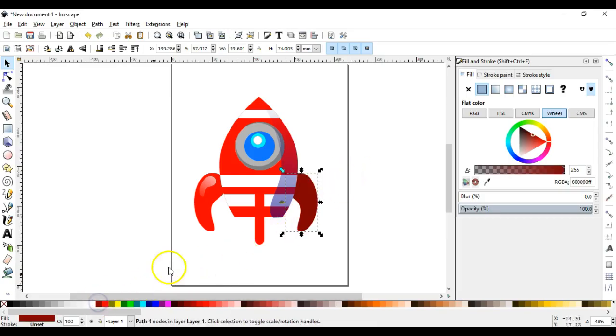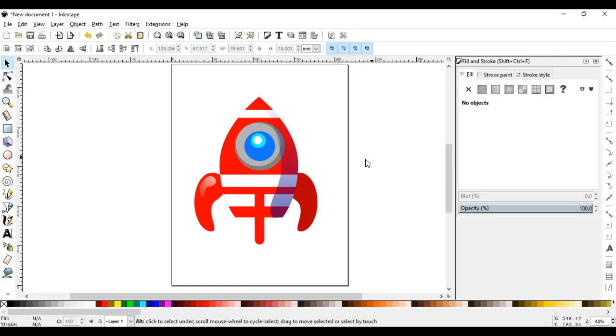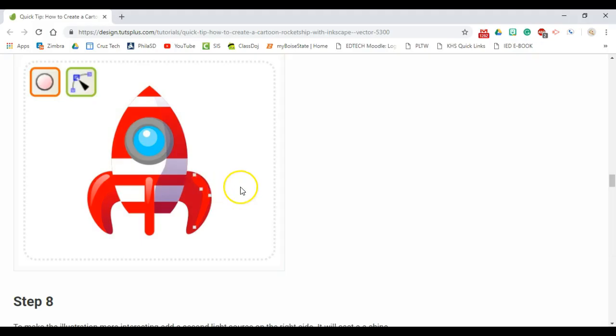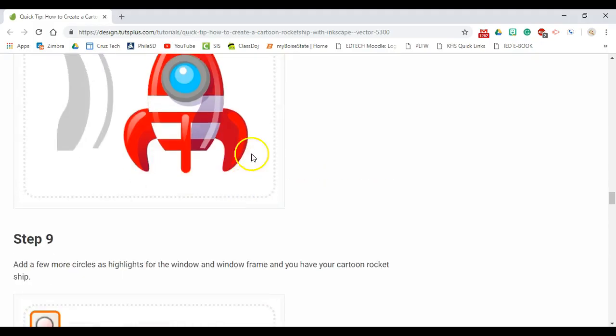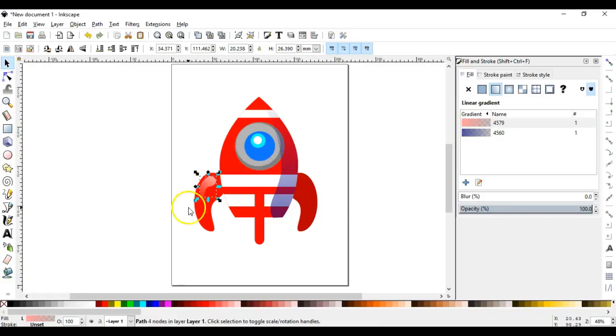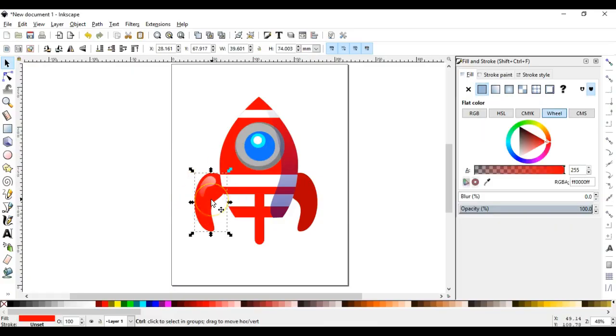This guy's going to be like a darker. Yeah. So that's more red. Duplicate it. And for this one,